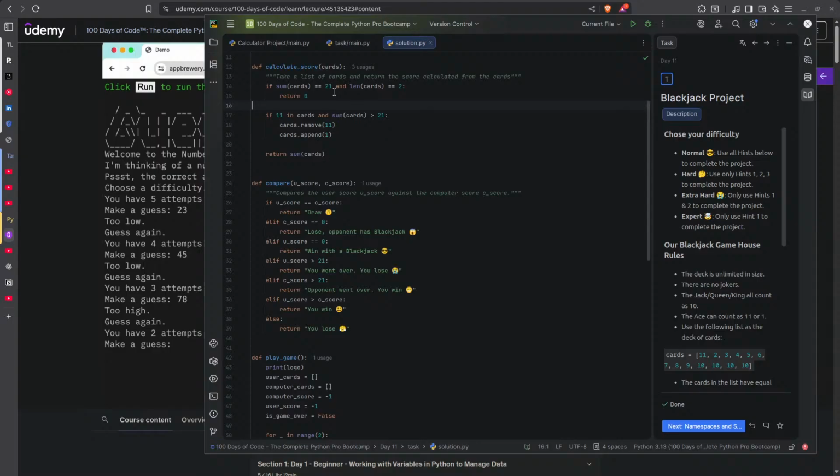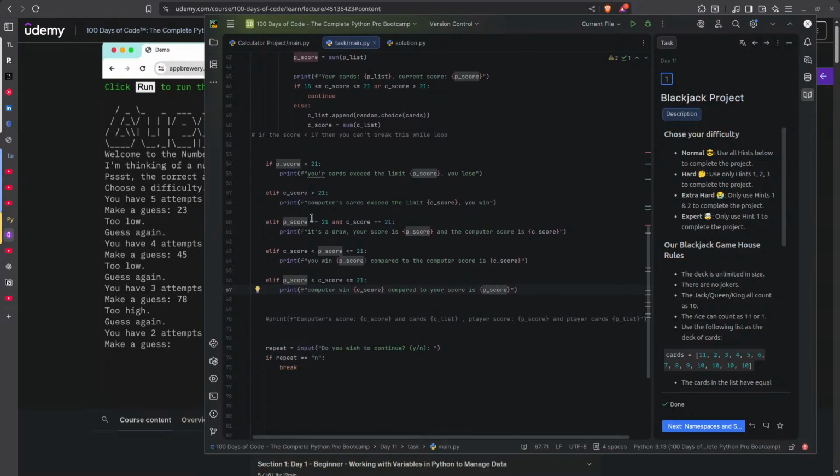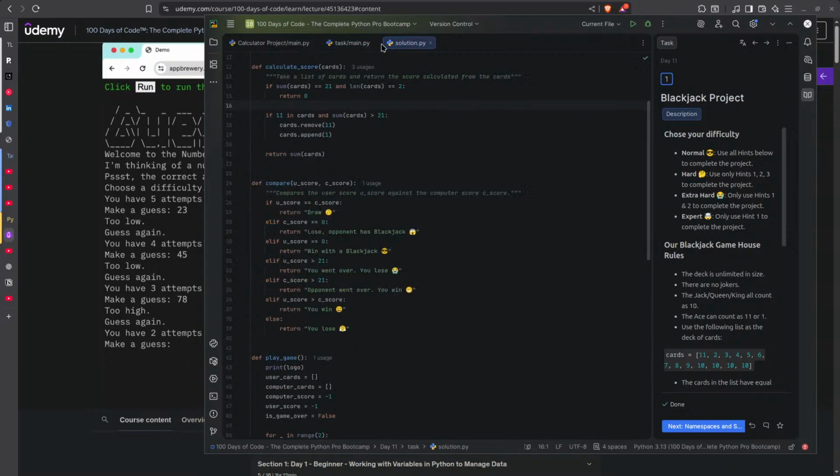So yeah, if I add these blackjack cases to my code, then it's gonna be good or better, because here I am checking for blackjack, but I'm not catching the length of the cards. So here if the computer and I both got a blackjack, then it is a draw, right? That's correct. So yeah, my code is not that optimal for this game, but it's not that bad. It still works. So we're just gonna move